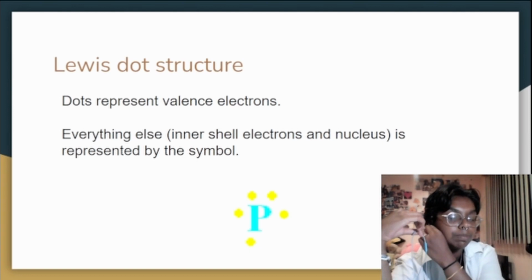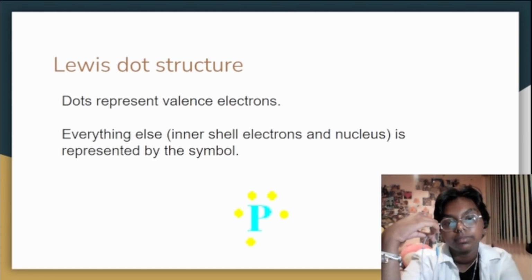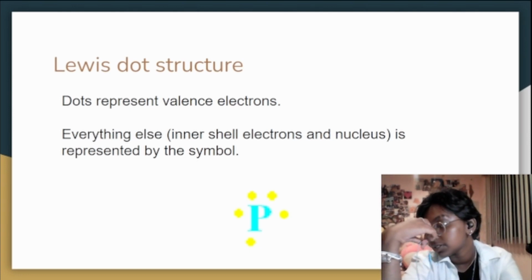Pretty much, the dots represent the valence electrons, and then the symbol just represents everything else, and also represents what atom it is. So P would be for